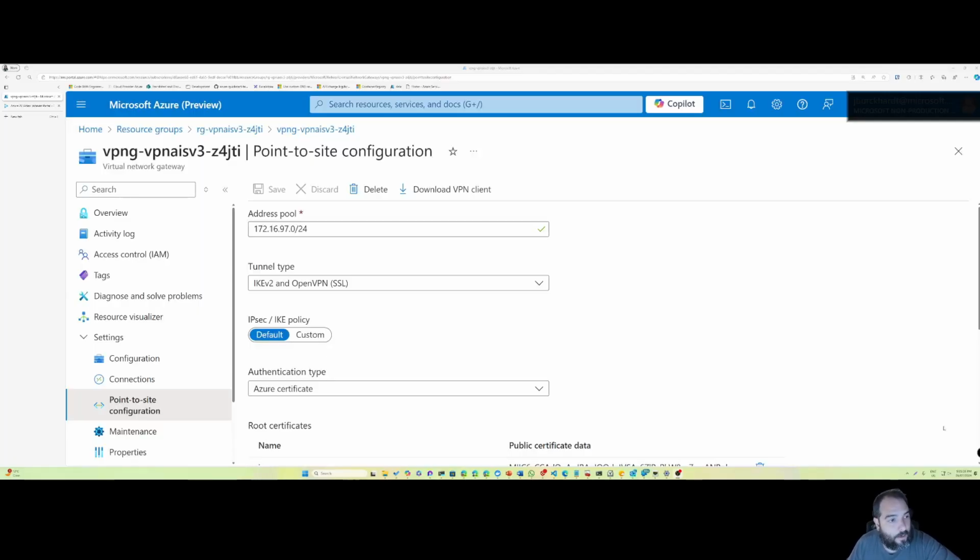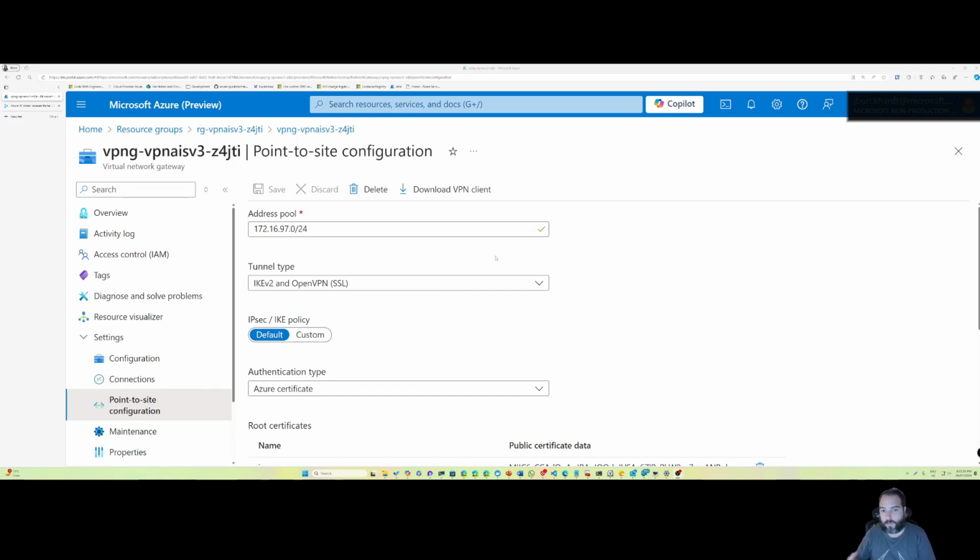Hello everybody. Today I'm going to talk about a problem that I'm having with the virtual network gateway. I usually use OpenVPN as my client for connecting to a VPN, but I have decided to start trying out the Azure client. I'll talk a little bit about what's the issue, then I'll jump to see